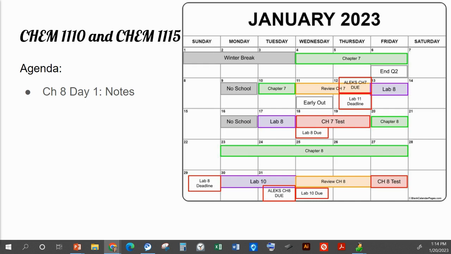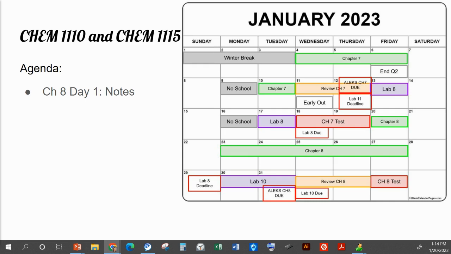That's something that in this class, if you get 100% on your homework, you are in charge of that. If you do that for each of the chapters, that's part of your grade that you can control. So make sure you're doing that, and then also go back through Alex and make sure that you're really comfortable with the topics before the test.